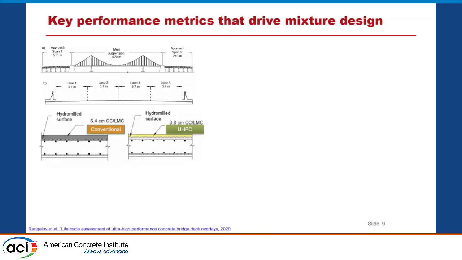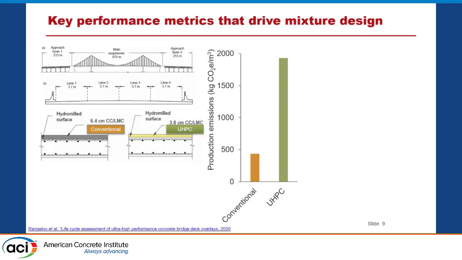The other important update that I wanted to share with you is about the key performance metrics, and I couldn't find a better example than the study by FHWA that was published around 4 years ago in the Pavement LCA conference, where there is a bridge deck, as you can see, as a case study, and they comparatively analyzed two cases of conventional and UHPC concrete overlay on the bridge deck. And when you look at the EPDs, these are the environmental results that were calculated.